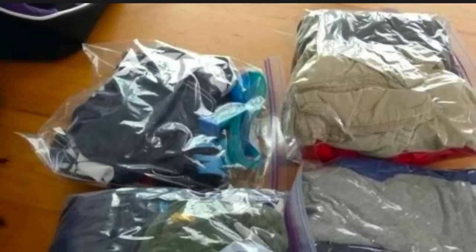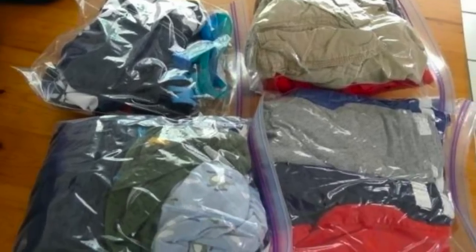I measured those out and I bought bins that would fill those spaces up. And if you can't afford bins, you could do the same thing with bags. It was just the system so I would know what was going to fit. So once I had the amount of bins and I knew I couldn't fill more than those bins, I brought